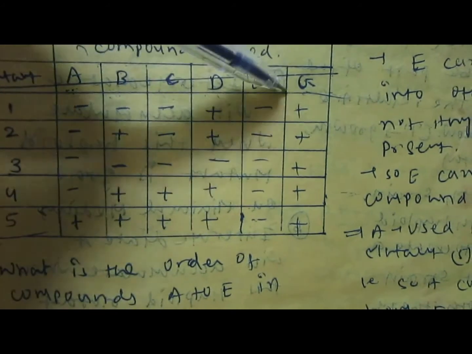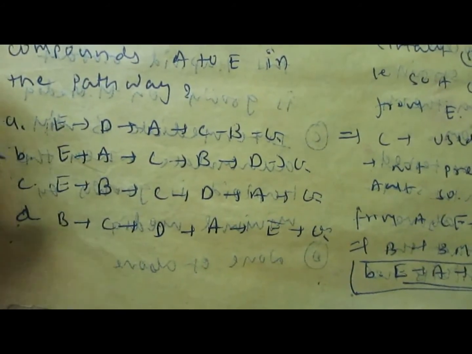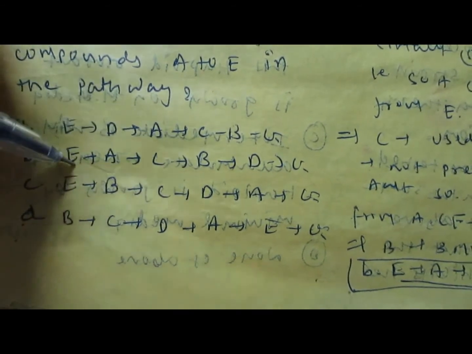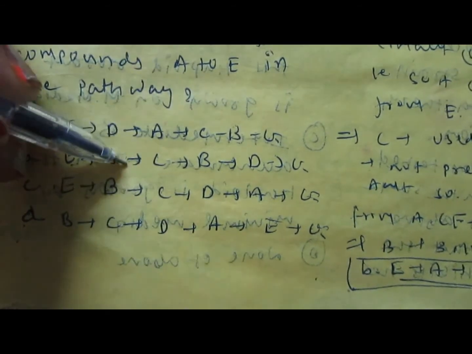So E is converted first into A, A is converted second into C, and C is converted into B, and B is converted into D, and D is lastly converted into G. So the hierarchy of the biosynthetic pathway should be E is converted into A is converted